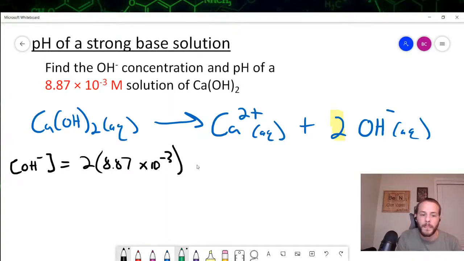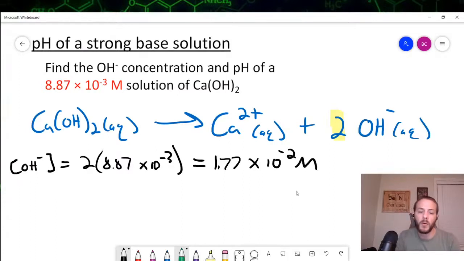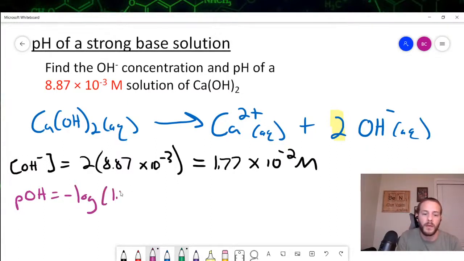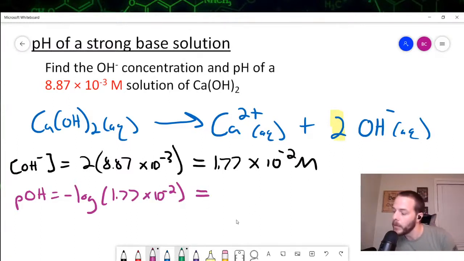So that's going to be our hydroxide concentration. And I got a value of 1.77 times 10 to the minus 2 molar. So that's our hydroxide concentration. We can go ahead and get the pOH of that, right? So pOH equals the negative logarithm of the hydroxide concentration. In this case, that's 1.77 times 10 to the minus 2. So if we perform that calculation, minus log of 1.77 times 10 to the minus 2, we end up getting